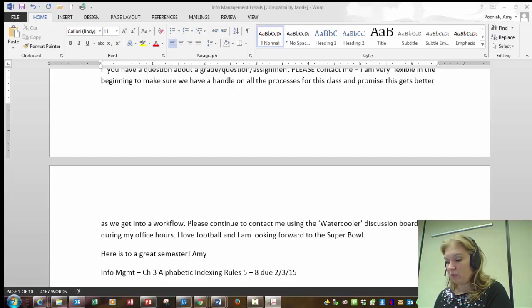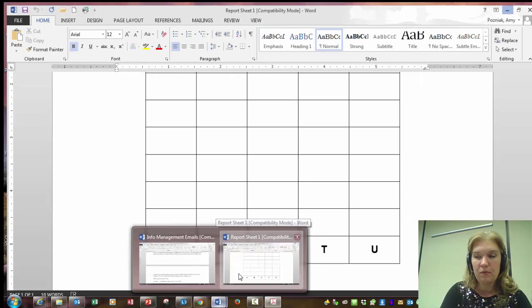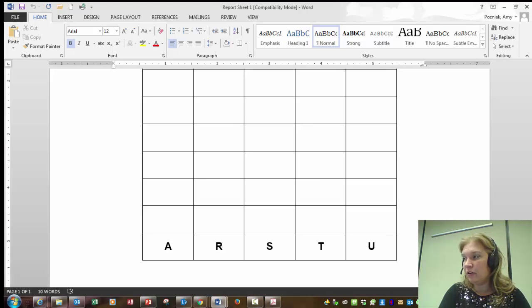Now, this is how you're going to fill out that report sheet, very similar to that. You're not going to fill out the report sheet at step 8 because you'll have more filing to do. But at the end here in steps 12 and 13, that's where they're going to talk to you about that. Again, that report sheet is the one that I showed you. And I want to help you a little bit just so you're feeling more comfortable with that. Now, to give you a little heads up, after the, oops, I just lost my place. Sorry about that. On report sheet 1, again,